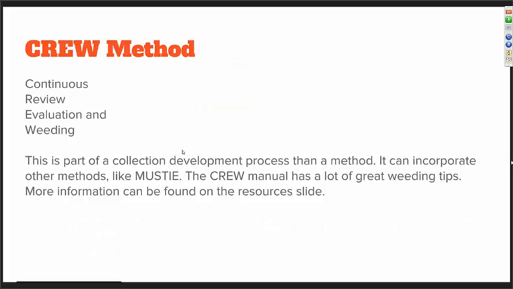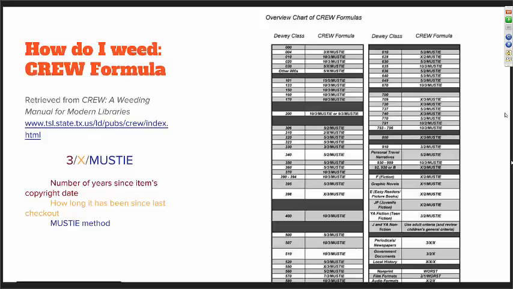The CREW method, I wanted to talk on this because it is a method developed by Texas State Library, Jeanette Larson, and it is very handy, and that whole manual is available online. The CREW method is really more of a process. It's the continuous review, evaluation, and weeding of the collection. And I like to think that this is more of a structure that allows you to use the method of MUSTIE. And here on this slide, this is a CREW formula, and this can be handy,